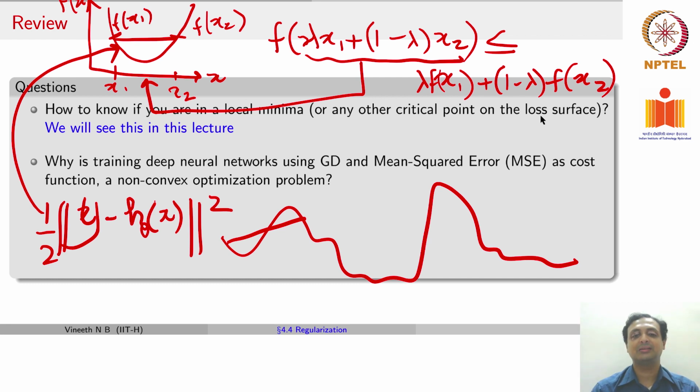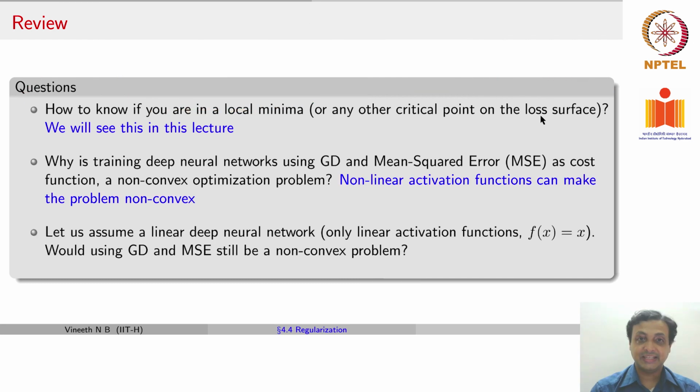Now, in this context, let's ask this question. Then why is training deep neural networks using gradient descent and mean square error a non-convex optimization problem? The reason is you could have nonlinear activation functions in your neural network that can make the problem non-convex with respect to the weights. Okay, then your counter question is, let's assume now a linear deep neural network